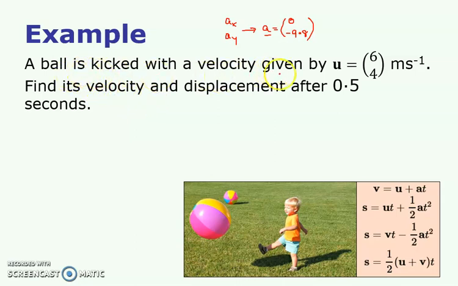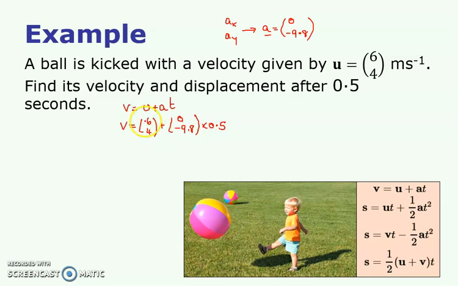A ball is kicked with a velocity given by (6, 4). So let's just do this then. v equals u plus at. I want the velocity. The u is (6, 4). Now I'm going to say my a then is (0, -9.8). In the x direction there's no acceleration, in the y direction it's minus 9.8, times t, which is 0.5. So if I just do that,